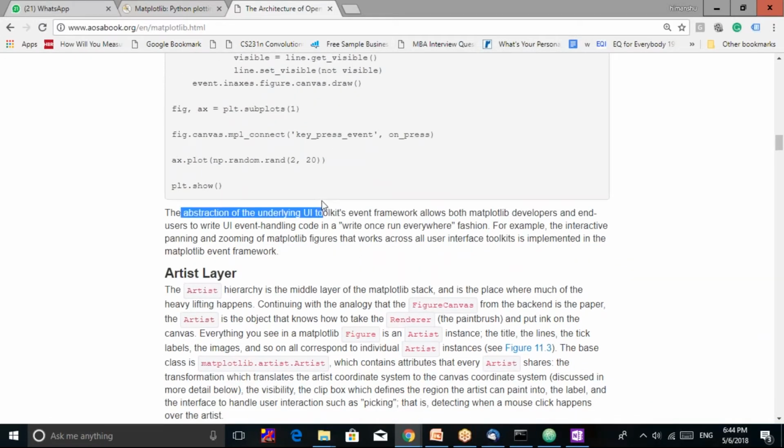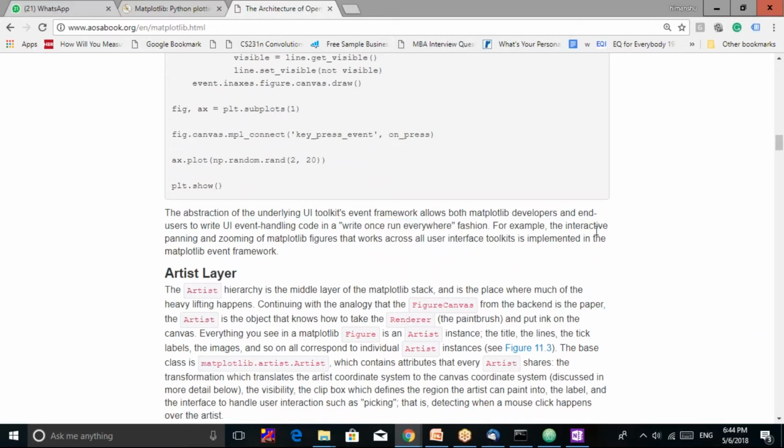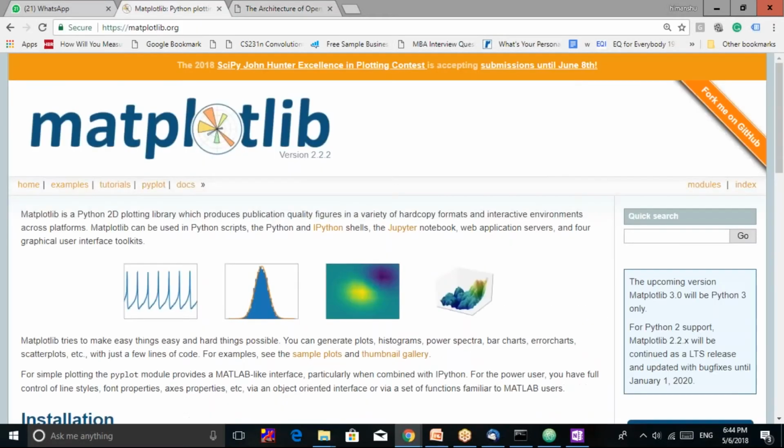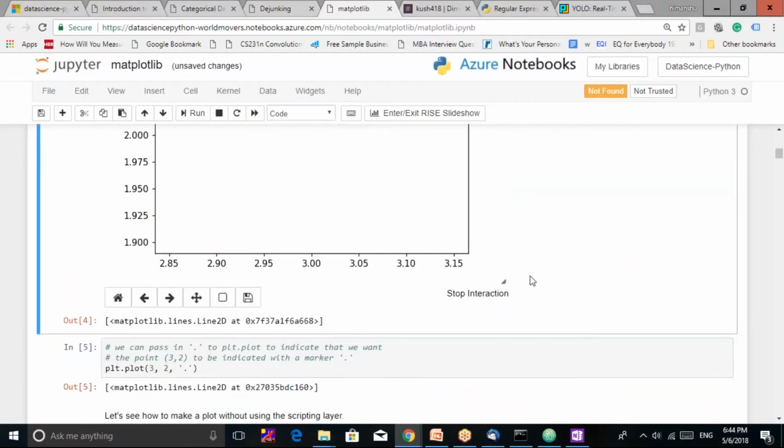The abstraction of the underlying UI toolkit's event framework allows both Matplotlib developers and end users to write UI event handling code in a write once, run everywhere fashion. For example, the interactive panning and zooming of Matplotlib figures works across all user interface toolkits implemented in the Matplotlib event framework. So now in this case, you can also